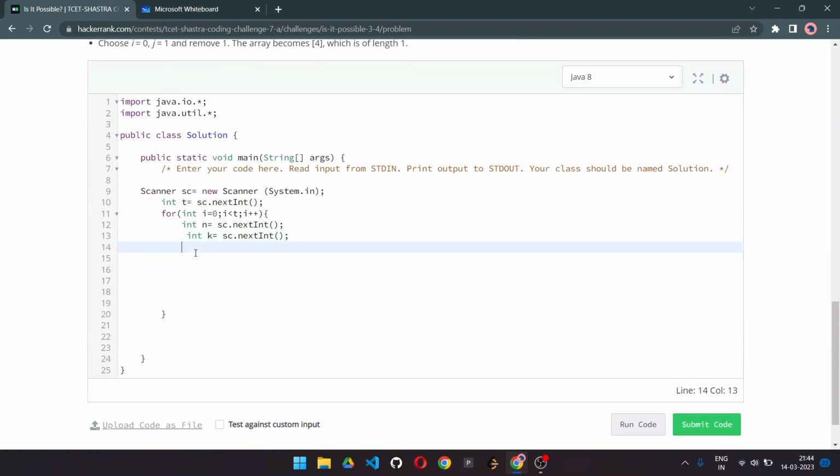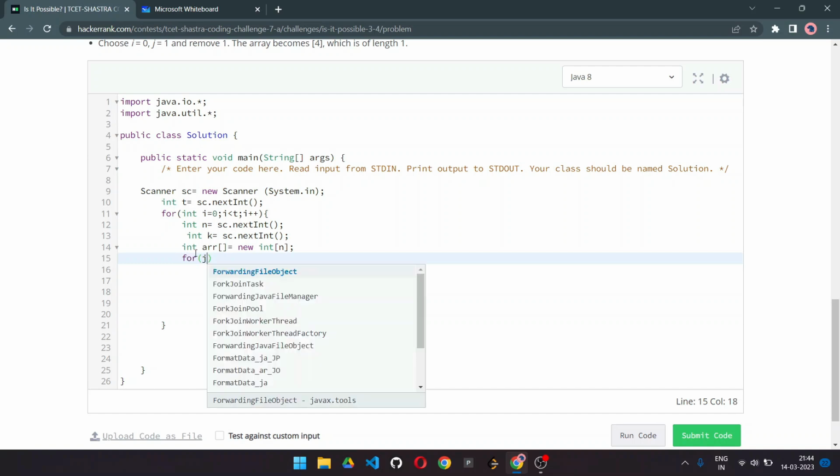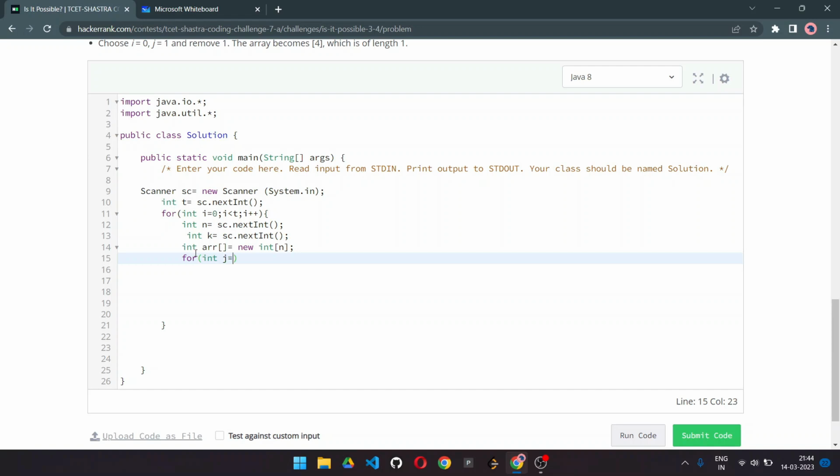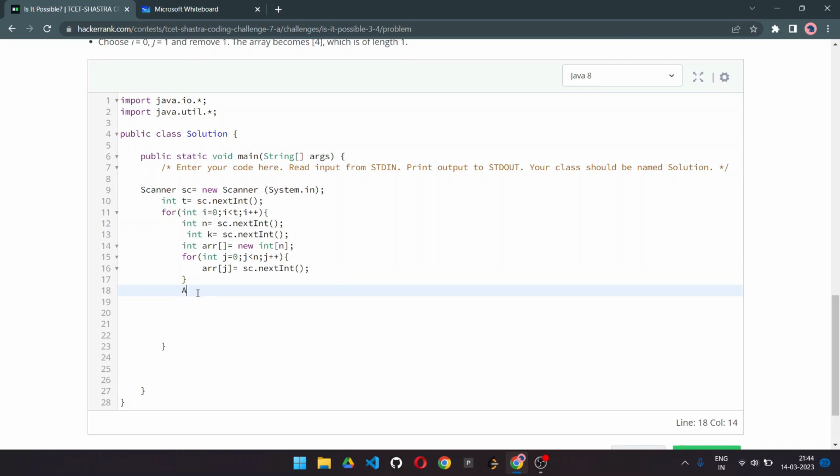So here we can see that till now we are still taking the inputs. So let's create an array named arr, new int of size n. Okay, and in order to take input we are going to use a for loop, int j is equal to 0, j must be less than n, j plus plus. Okay, and arr at j is equal to sc.nextInt. So this will help us to take the whole array as the input. Here we are done with taking the input, and after that we are simply going to sort our array,